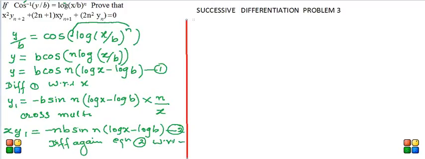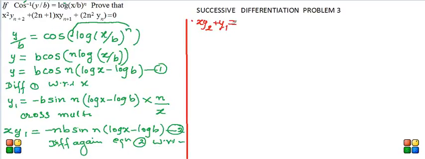Product rule, that is, first function x as it is into differentiation of y1 is y2, plus second function as it is into differentiation of x is 1, no need to write 1,